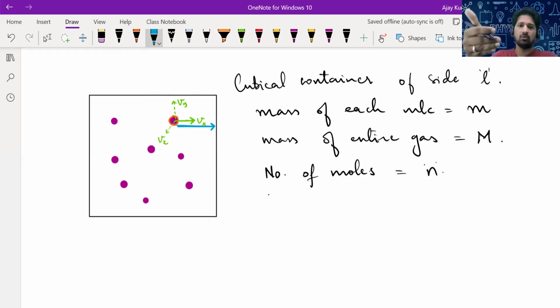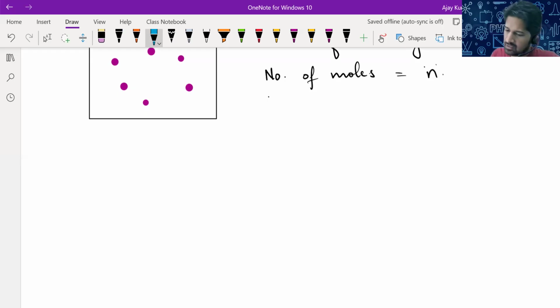Front wall and back wall will be hit due to the z component of velocity. So it's the x component which takes the molecule towards this particular wall. Now let's consider this separately. Suppose the molecule, whose mass we assumed is small m, is moving with a velocity Vx, that is the x component of its velocity,